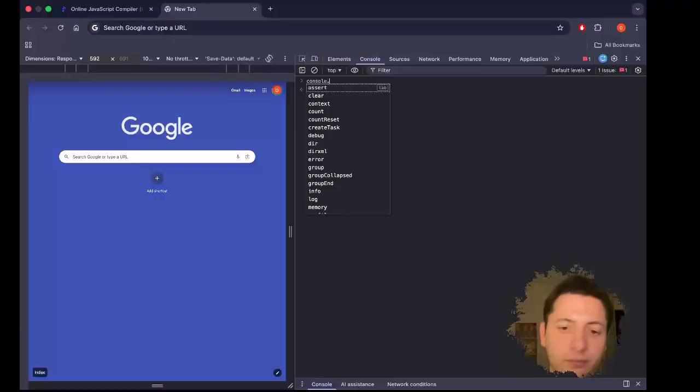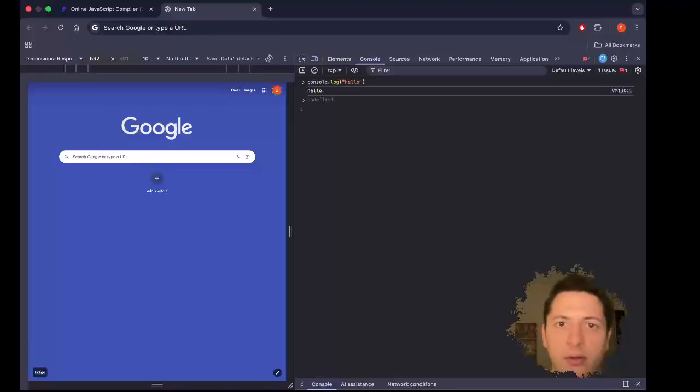So this is JavaScript code, and then you press enter, and as you can see, it printed hello. And all the work is done by the browser.